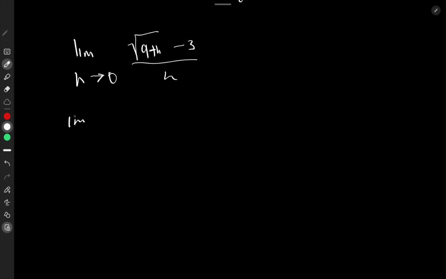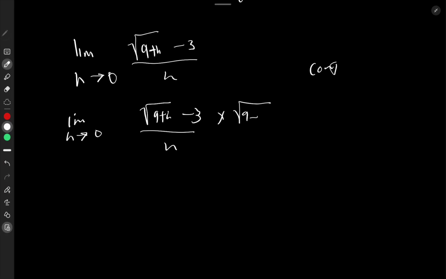So the only method that really works in such scenarios is, if it's a quotient function, you divide by the highest degree on the denominator. But in this case, we're just going to use the conjugate method. So what we do is take the function as it is, √(9+h) − 3, all over h, multiplied by the numerator's conjugate, which is going to be √(9+h)